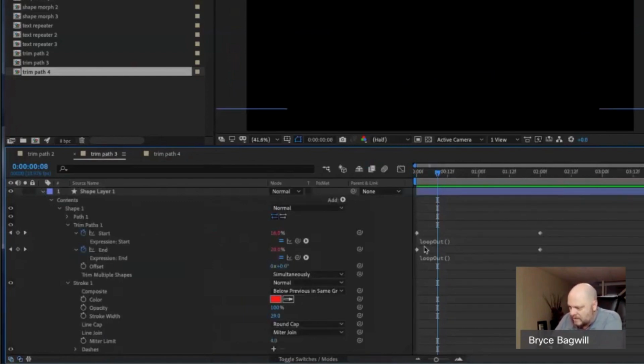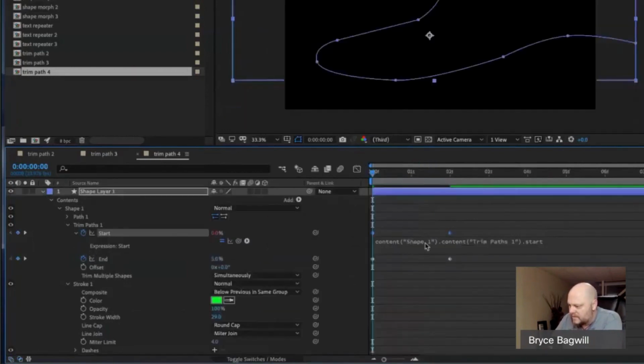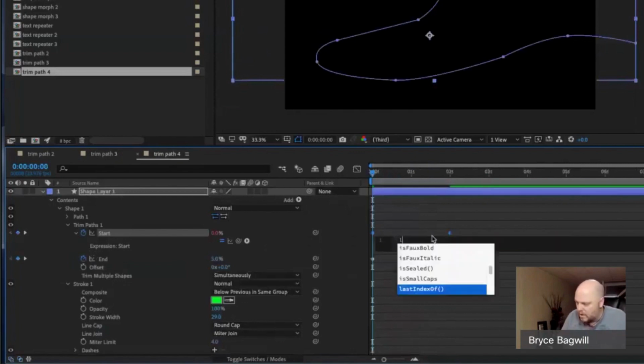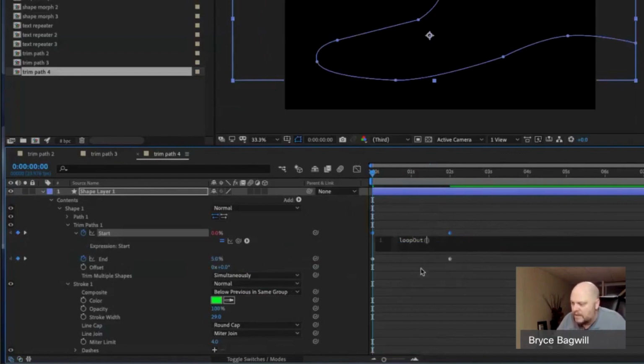loopOut. It is a lowercase L, but a capital O, U-T, and then brackets with nothing inside. So let's go back and let's start typing that in this field. So lowercase L-O-O-P, and you'll notice it knows its sort of library of options. And all I had to do is type loop, and these are all the different kinds of loops. So I don't have to remember the whole dang thing. I'm just going to go to the loopOut with the empty brackets, and then I'm going to